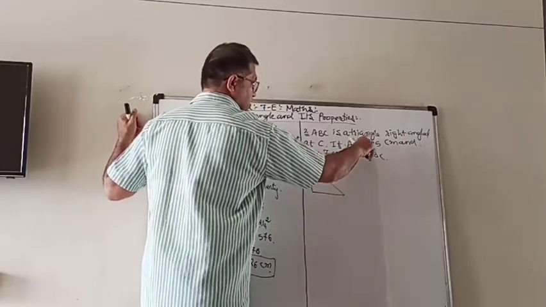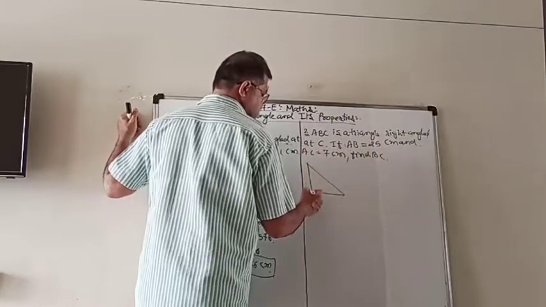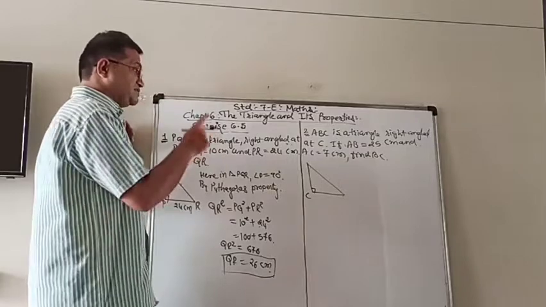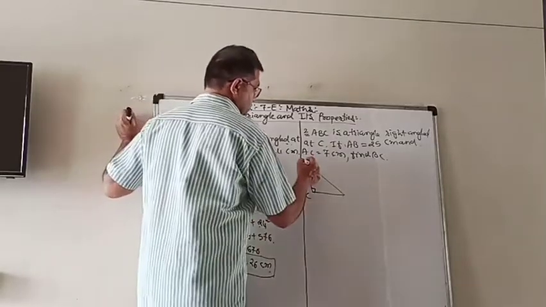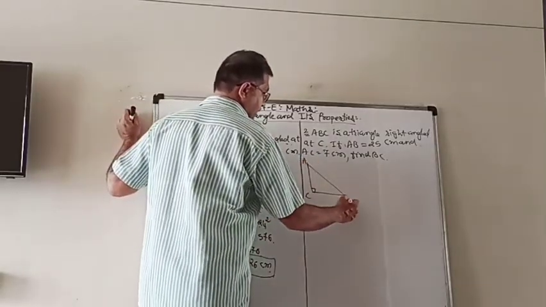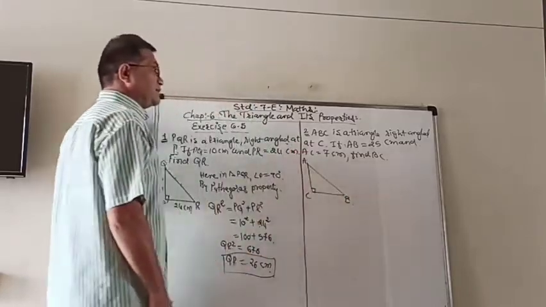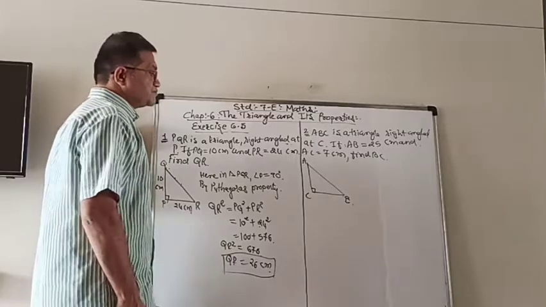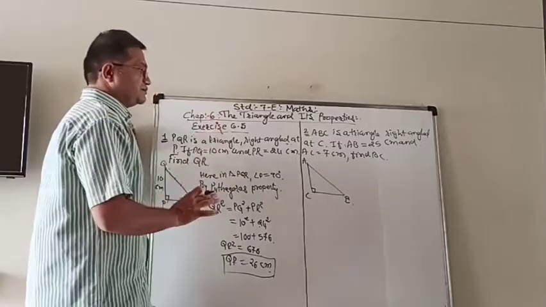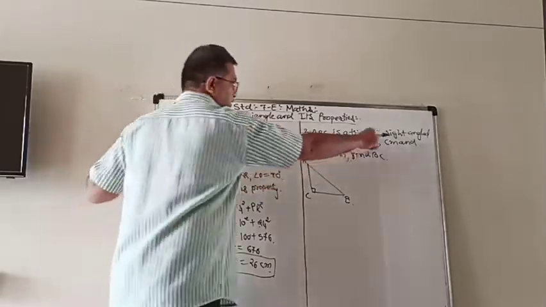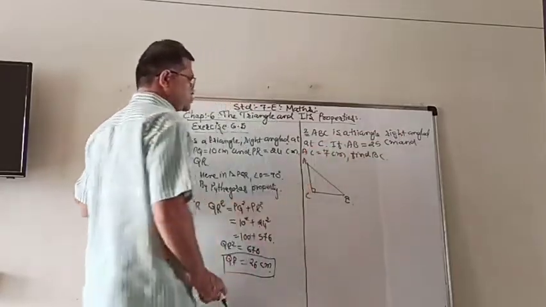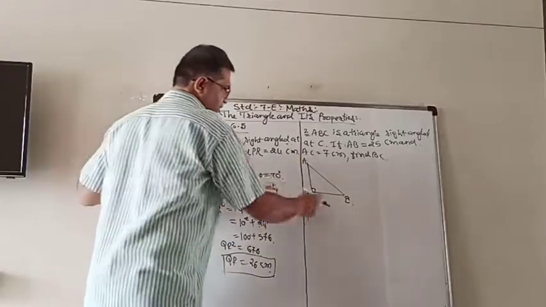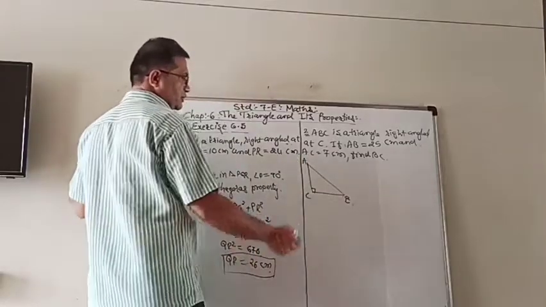Now first check the right angle at C. So C must be here. A and B doesn't matter, but C must be here. So you can write down A and B, or vice versa. You can put B up and A down also. Same thing. But C must be here. You can't change because it is a right angle at C. And as I told you here also, if you make ABC like that, then you will not get your answer.